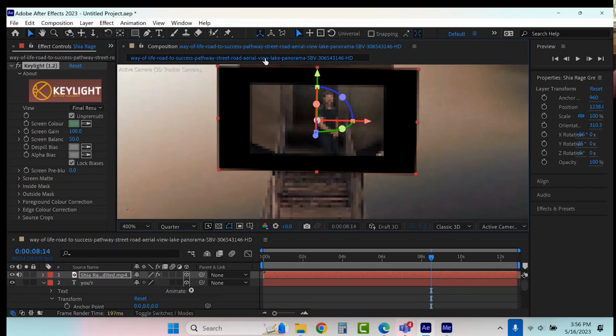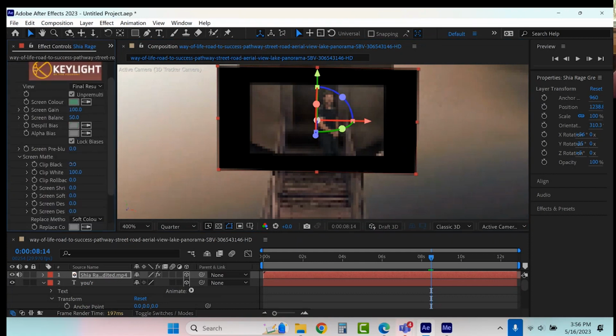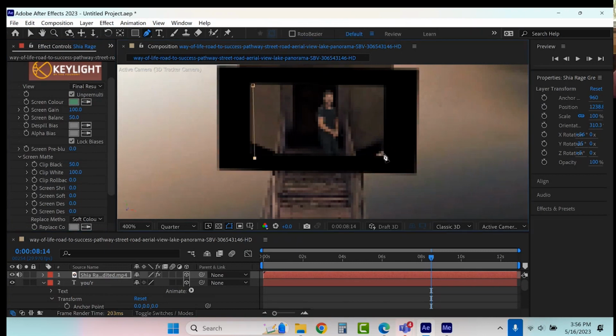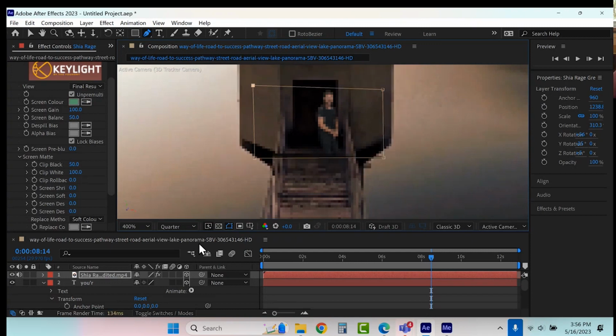For some reason it gave me a black outline here, which I don't know why. Let's see what this needs to be. And I'm going to crop it so that it's just him in there.